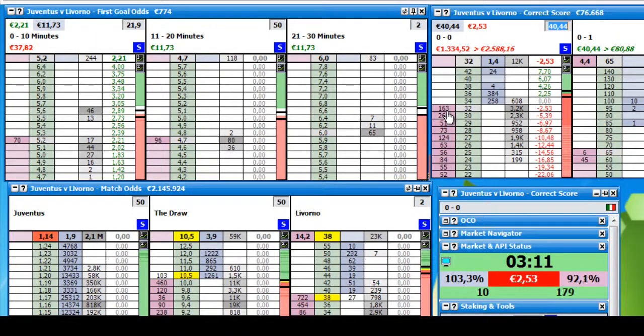Okay. Well, if a goal happens now in the first 10 minutes, we have no risk, because I will win here 44 minus commission, it's around 37.82. Okay. So we are in the 4th minute now. Well, I will come back. I will make a break here, and I will come back before we can close the trade. Okay.